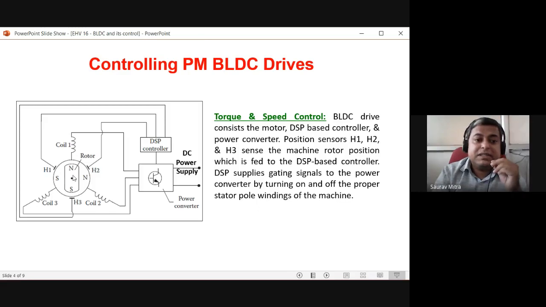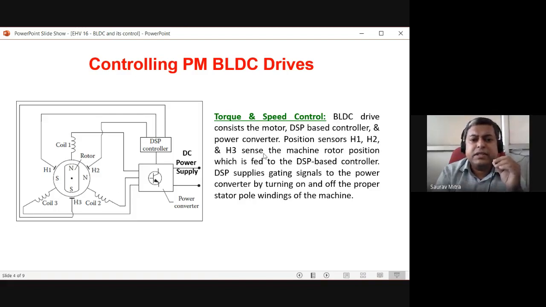These position sensors are fixed. They are connected on each of the coils. But the relative position of the PM, that is the north and south of the permanent magnet, that information is continuously fed from these sensing coils to the DSP controller, so that the DSP controller can decide the triggering mechanism. Depending on that, the DSP controller will also control the topology of the inverter, and will ask for more or less current from the inverter.